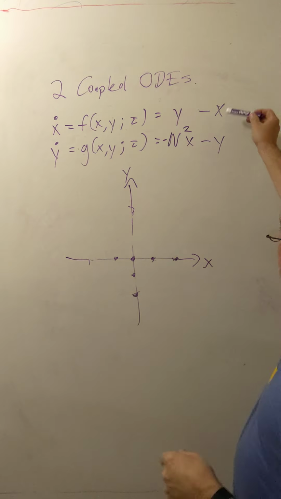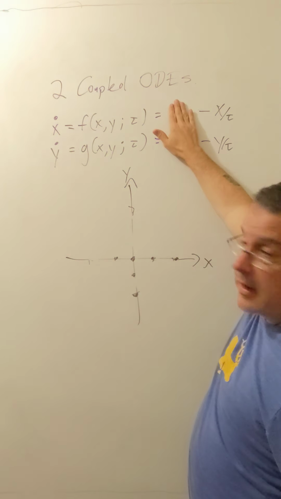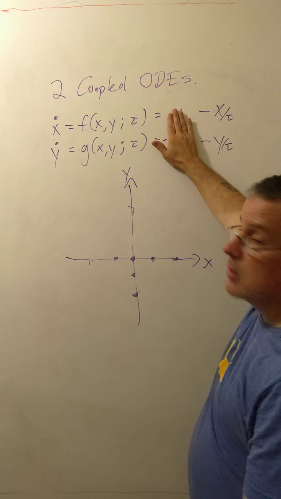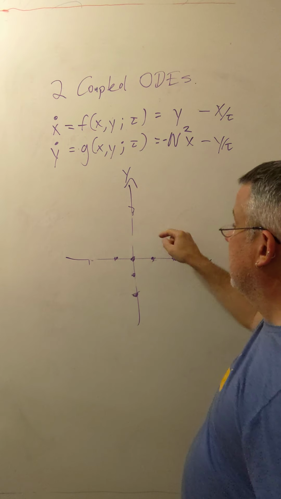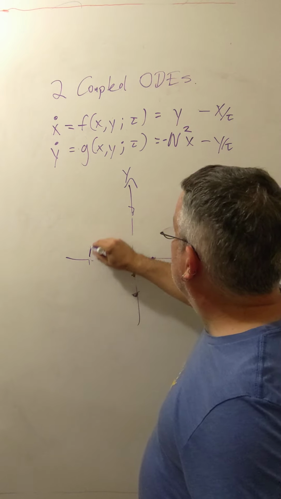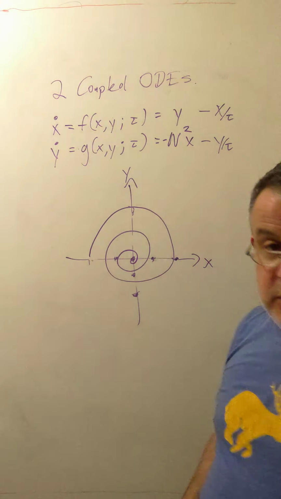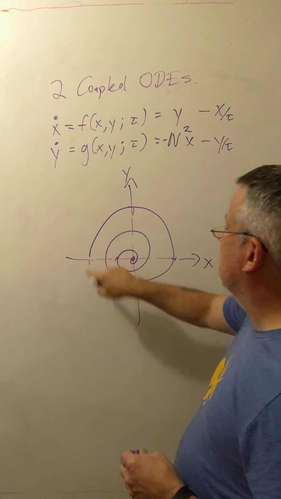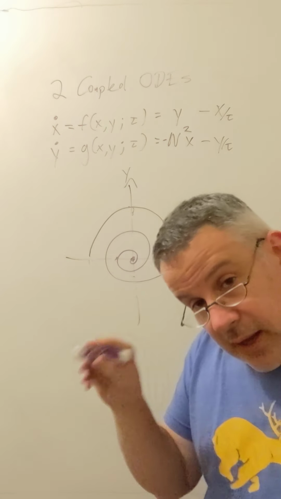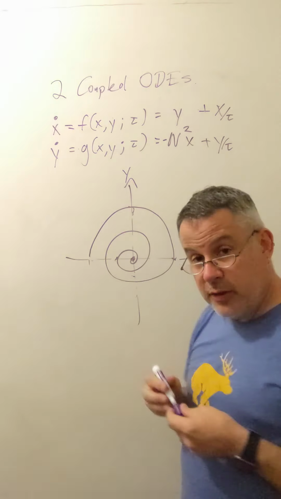Neglect these for a second, and you see that what we have is x dot just decays down to 0 with this time scale tau. Y dot just decays down to 0 with this time scale tau. So we put together the oscillation and decaying. What do we get? We're going to get inward spirals. So we still have that same fixed point at the origin, and now, even though we might start out on those oscillations, they're going to damp and go into the root. So inward spirals, or I could flip the sign here, outward spirals are going to be other characteristics of the